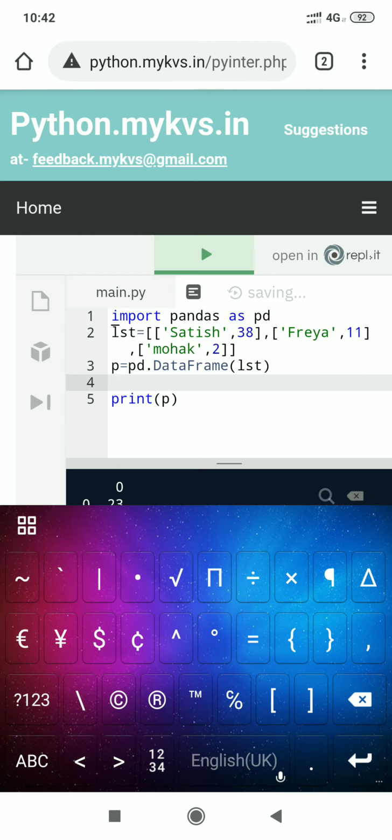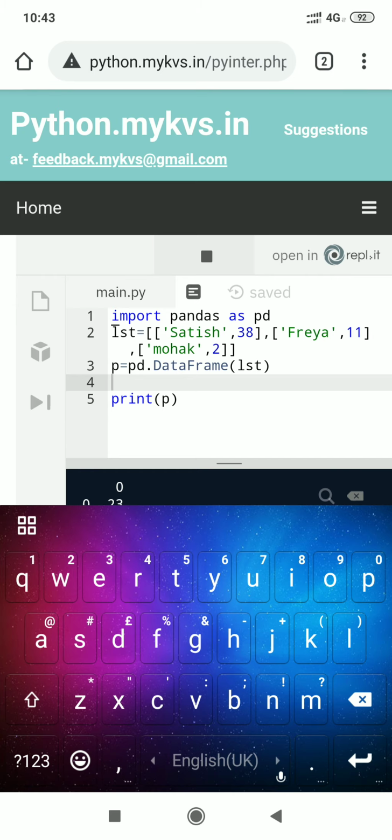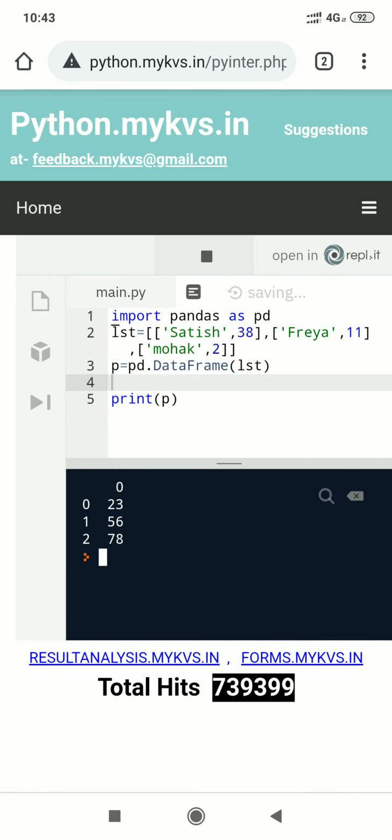Now what you are finding here, there are 3 lists, and with the help of these three lists we are creating a single list. Every list contains name and age. Now if we execute this program, it will create a data frame with the help of the list.